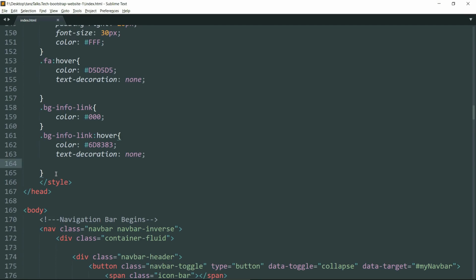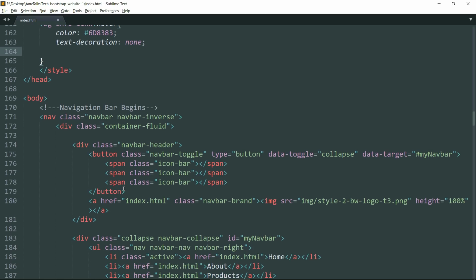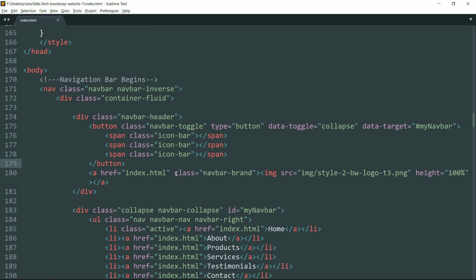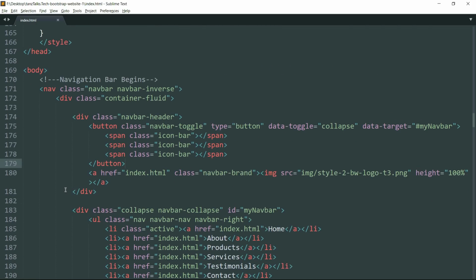Okay, now let's add media queries. Media queries give the website the responsiveness to adapt to different screen sizes. Just let me see the name of the class from here. Okay, now let's add some media queries.